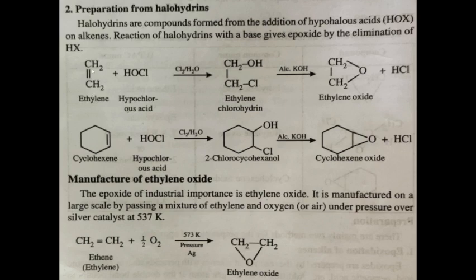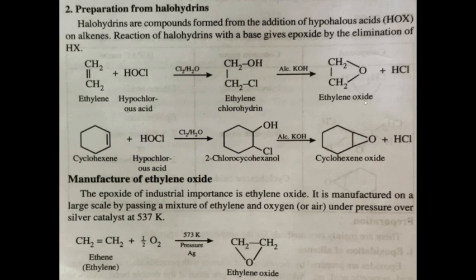So here we have ethylene, CH2=CH2, plus hypochlorous acid, HOCl (chlorine and water), and then we get CH2OH-CH2Cl. The OH group of hypohalous acid is attached here, and the halide, chlorine, is attached to the other carbon atom of the alkene. So this is ethylene chlorohydrin, and ethylene chlorohydrin reacting with alcoholic KOH, this HCl will be removed, and then